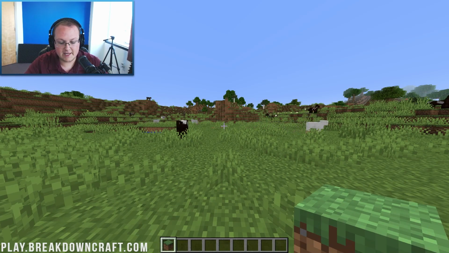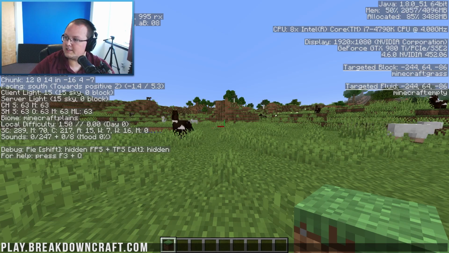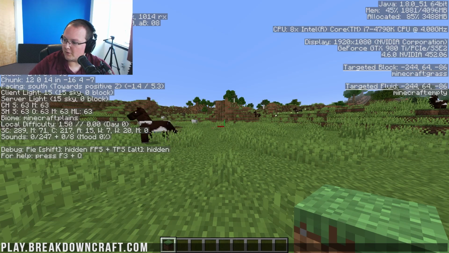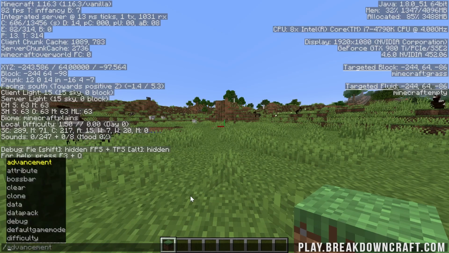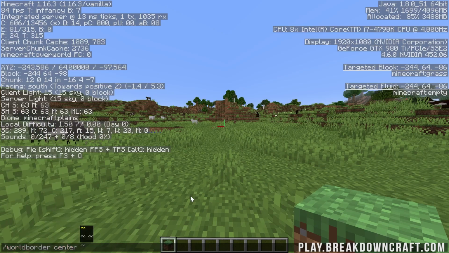Now, obviously, if you hit F3 on your keyboard, you're going to be able to see your coordinates. I'm going to have to make my face cam go away here for a second in order to do that. We make the face cam go away like so, and as you can see, there are the coordinates. You can do /worldborder center and then enter in these coordinates, or you can do two of these squiggly lines. Now, luckily, because of Minecraft 1.13 plus, we can actually hit tab twice to get those squiggly lines,